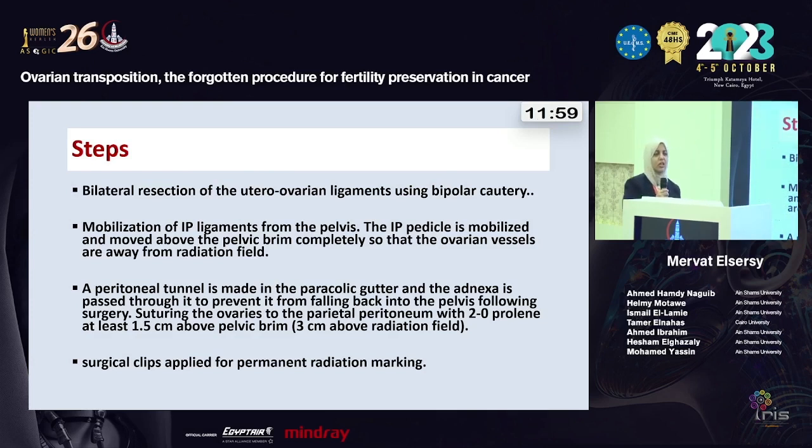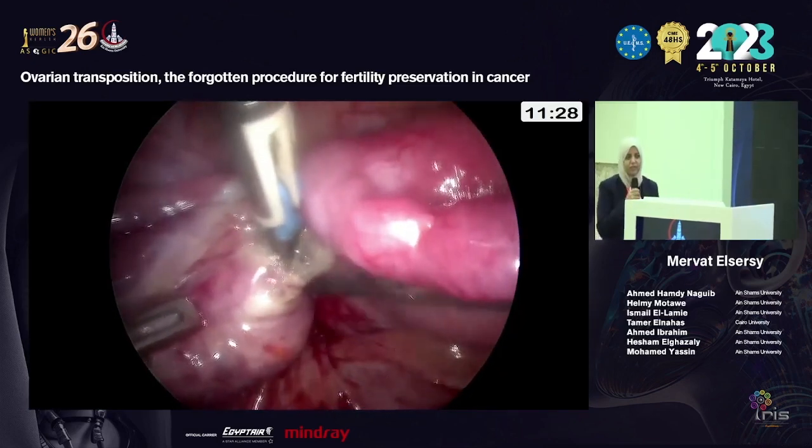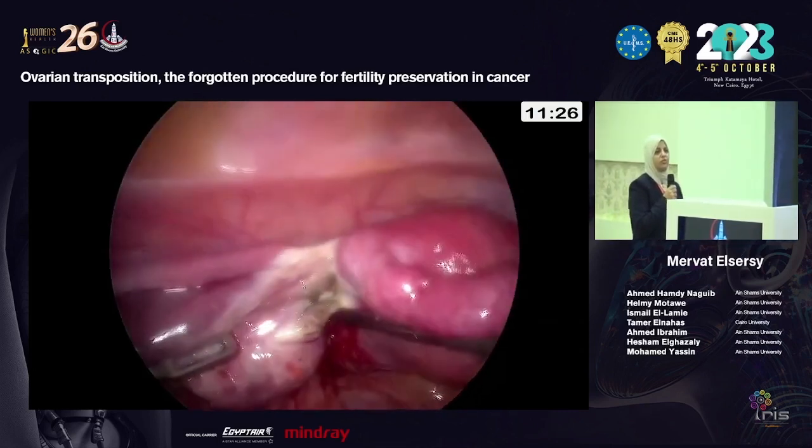Just dissection and cauterization of the utero-ovarian ligament, isolation of the infundibulopelvic ligament, and transposition of the ovary in a parietal peritoneal pocket that can be fixed by a permanent Prolene stitch, and localized by a permanent radiation marking by applying a metal clip. Here are some videos that we did for the second patient for our